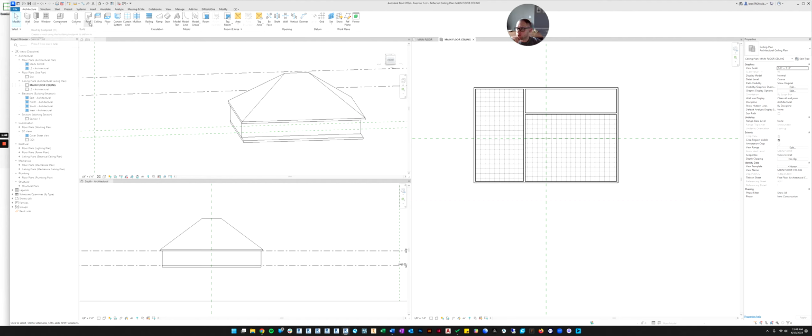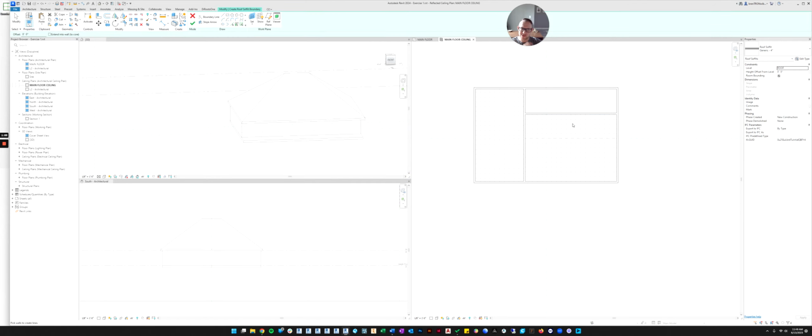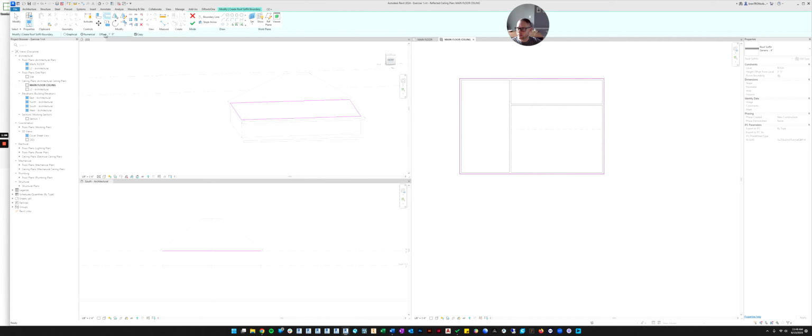So if we go to the roof command, there's a little drop down button and you can create a soffit. So we'll click soffit. It's going to ask you again what level you want it to be associated with. We'll pick the roof and we'll click yes. So now we're just going to draw a sketch like we did before. So we want the soffit to start at the outside edge of the house, and then let's offset it 1 foot like we did before.